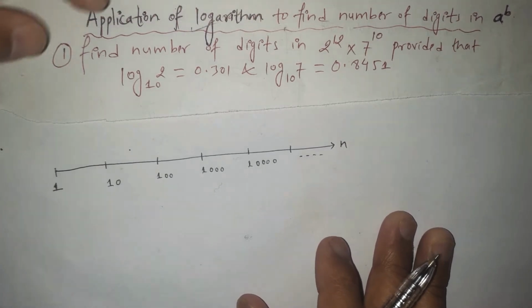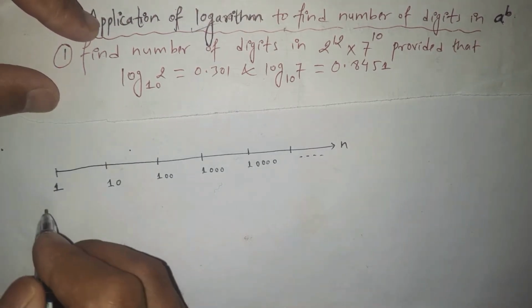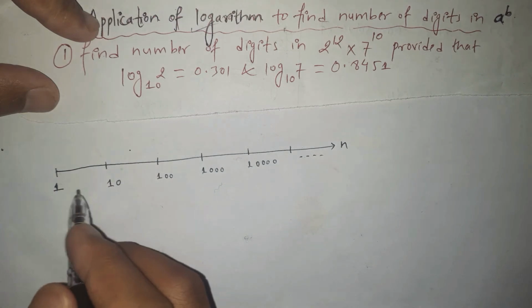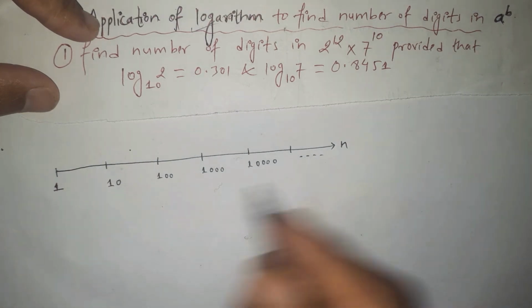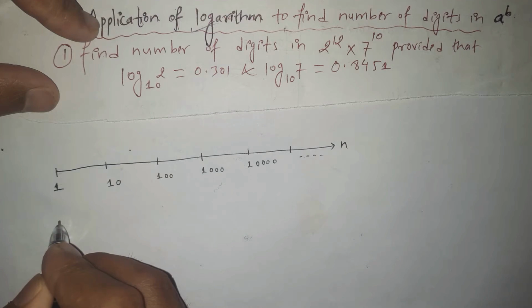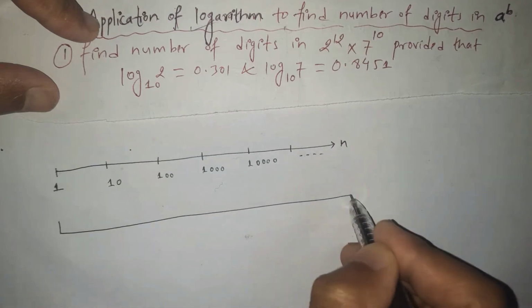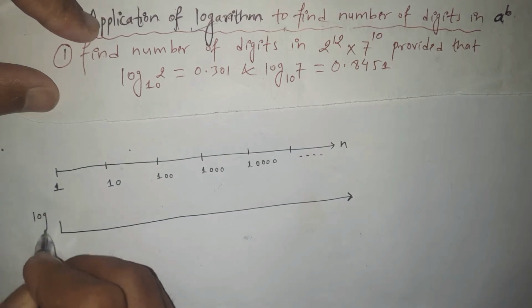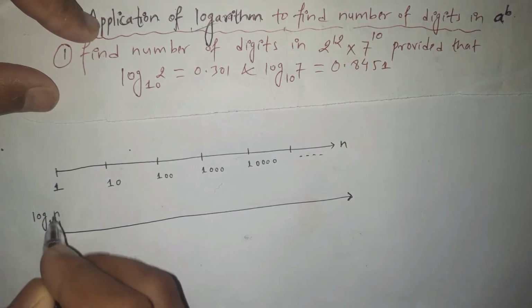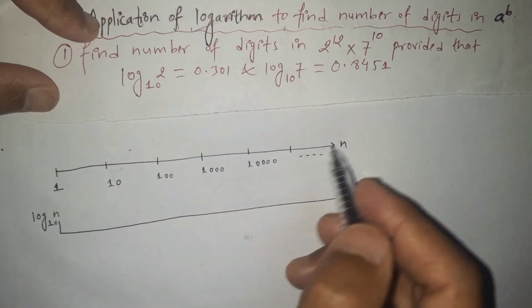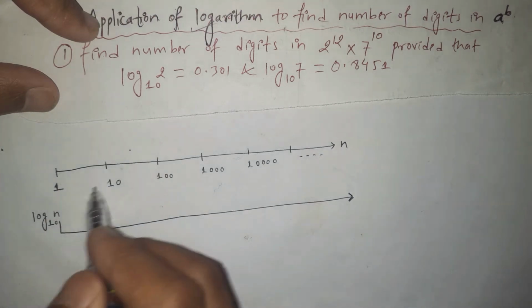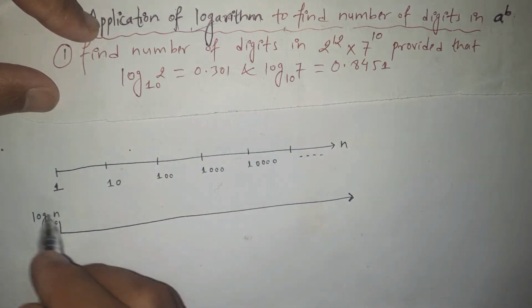And then after making this scale, let's make another scale also. If we take the logarithm with base 10 on this scale, then we will get a new scale here. Let's make a scale here. After taking the logarithm with base 10 on this scale, here we are going to take the log with base 10 on the values of n. These are the values of n, we suppose, and on this scale we are going to calculate the corresponding value of the logarithm of n.